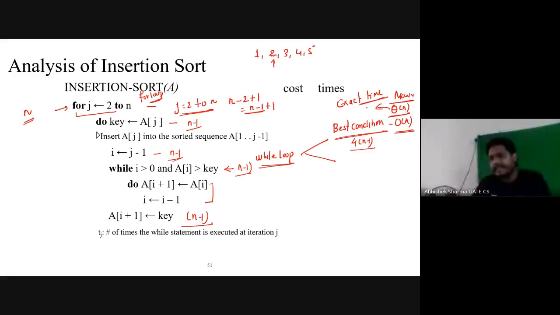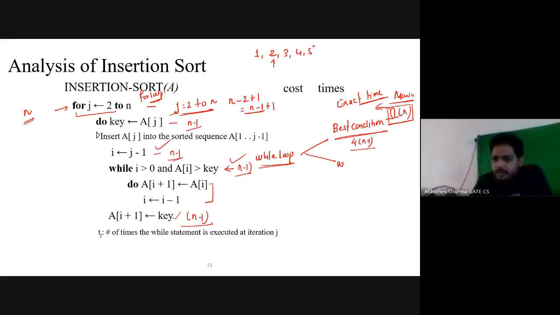Okay, understand, exact means what? Not greater, not lesser. So this outer for loop is definitely going to run if the element is already sorted, n minus 1, and the while loop also n minus 1, that many times it will check. The best case is what? Best condition we represent as minimum time, and minimum time we represent in omega notation. I'll say omega of n. At least this much time the algorithm will definitely take.